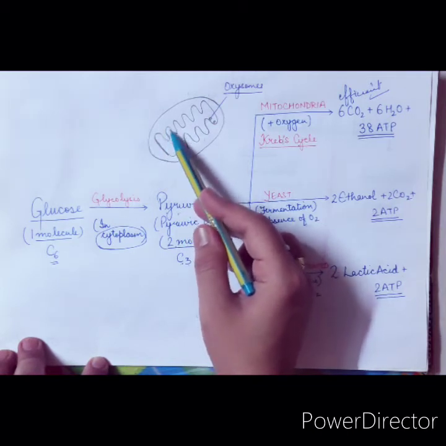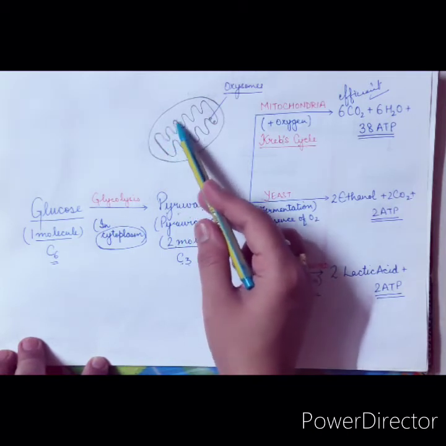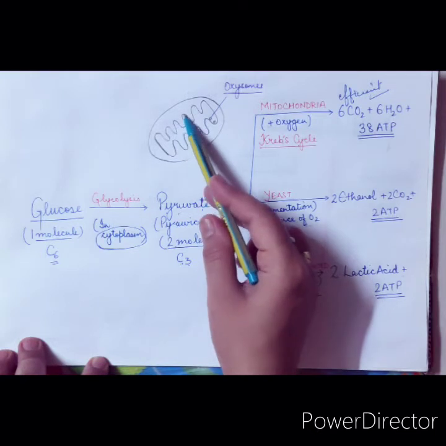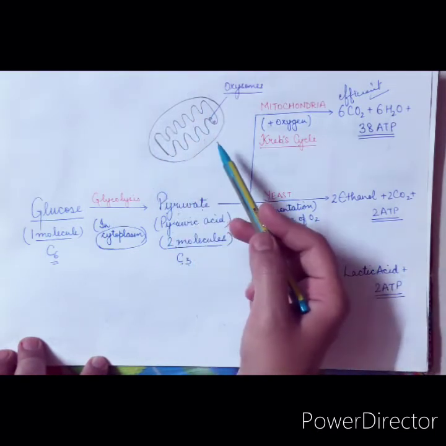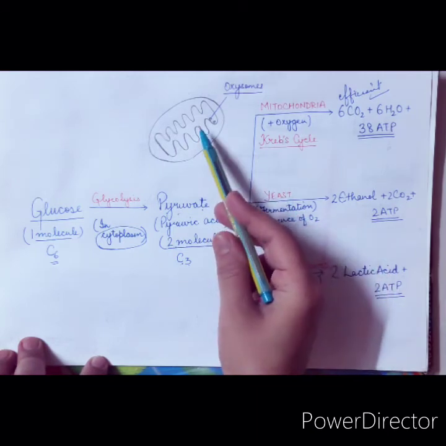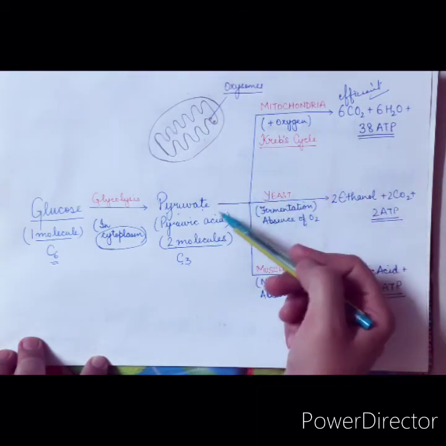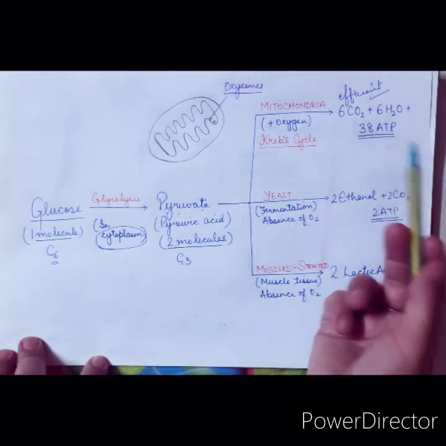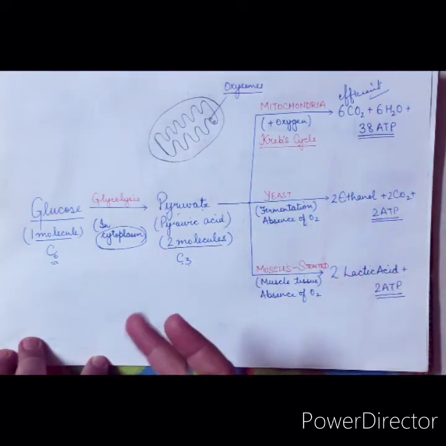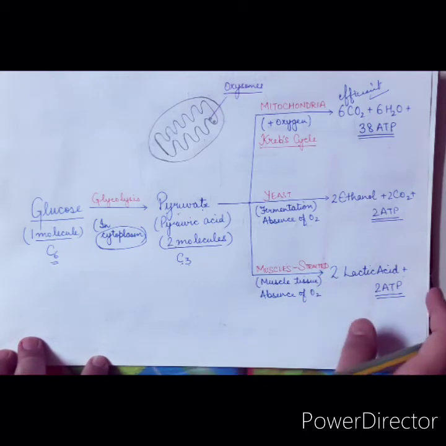If you remember the diagrammatic structure of the mitochondria, it has finger-like projections known as cristae, which have oxysomes or F0, F1 particles on them, and there the Krebs cycle or the complete oxidation of this pyruvate takes place. So one pyruvate approximately releases somewhere around 18 to 19 ATP. So if there are 2, we'll double the number.